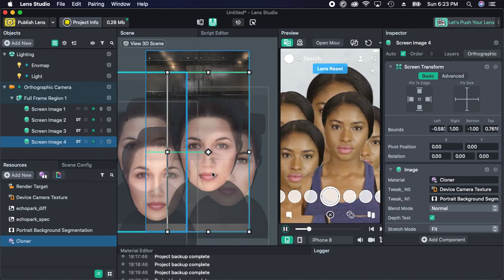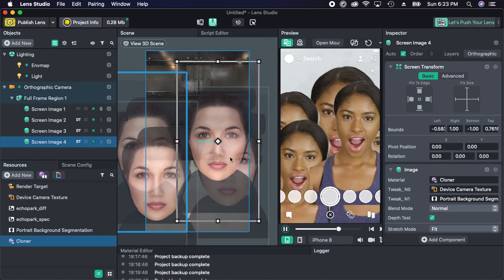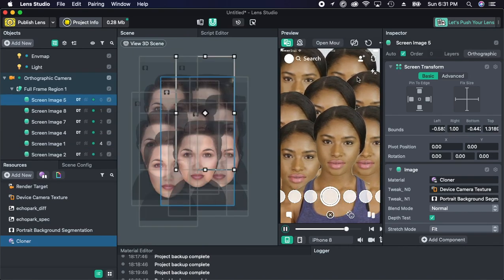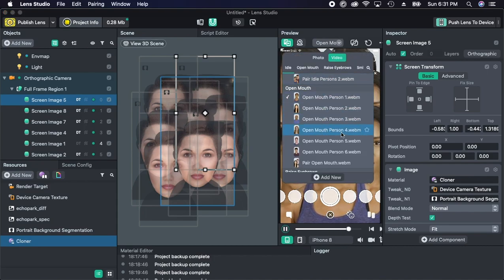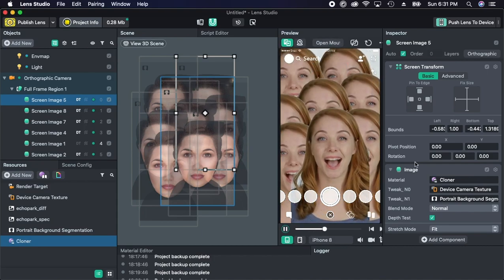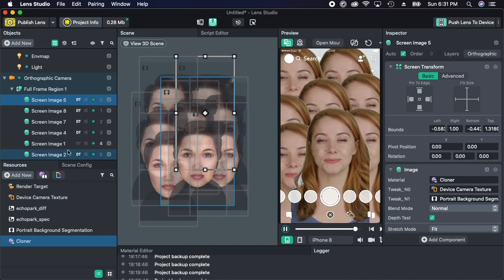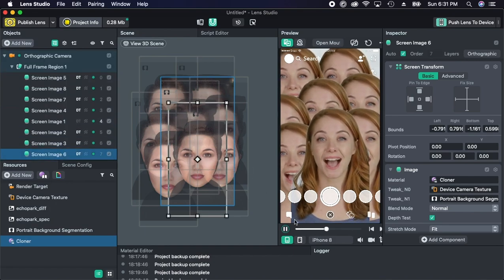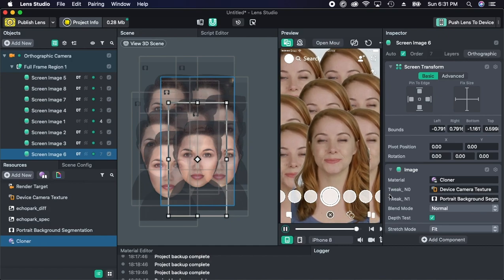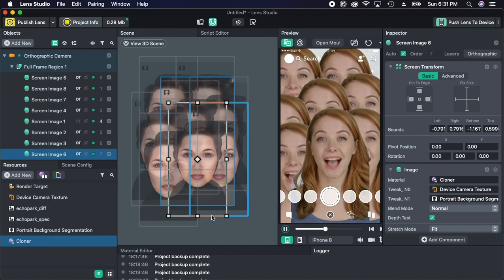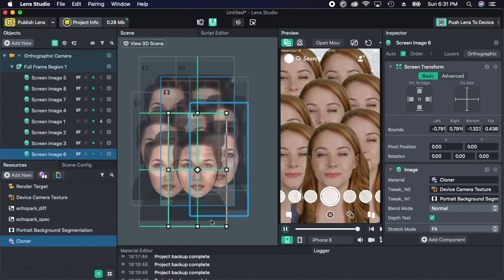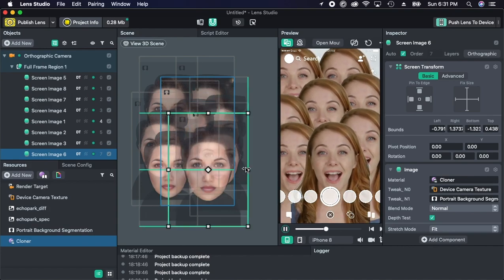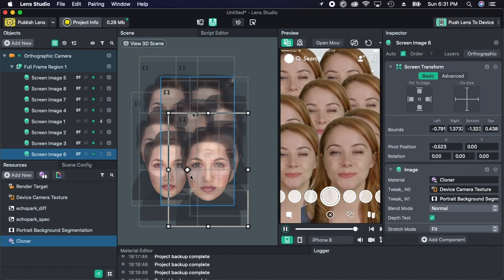I'll skip to the part where I'm done with these things. You can see over here that this character is full of copies, we duplicated and cloned it multiple times. If I go over here and select any other person, you can see all the setup is already there. Sometimes you will see weird cuts over here. It is because our camera view was only capable of capturing that much size. So you can scale a bit to cover this entire thing.